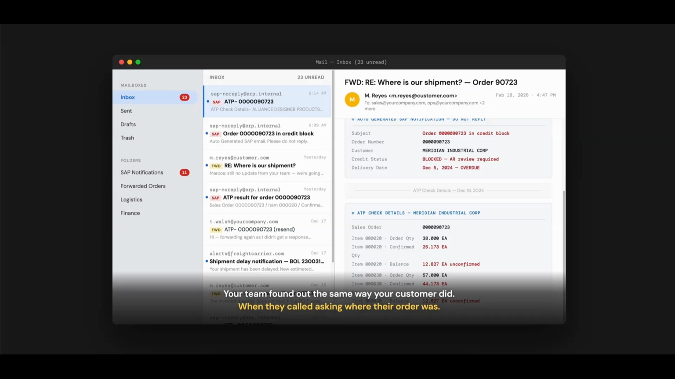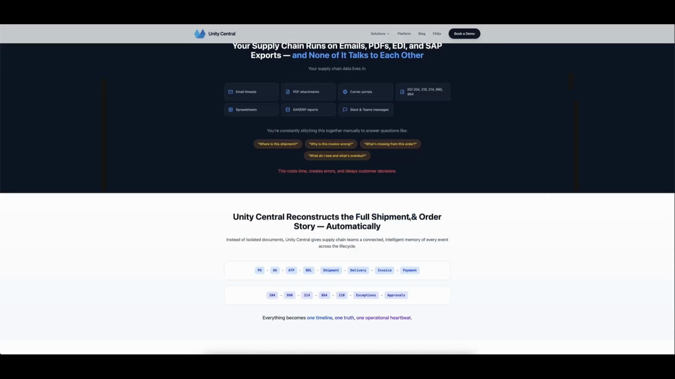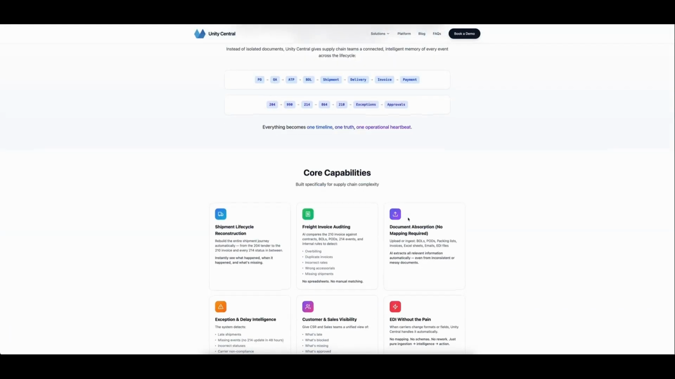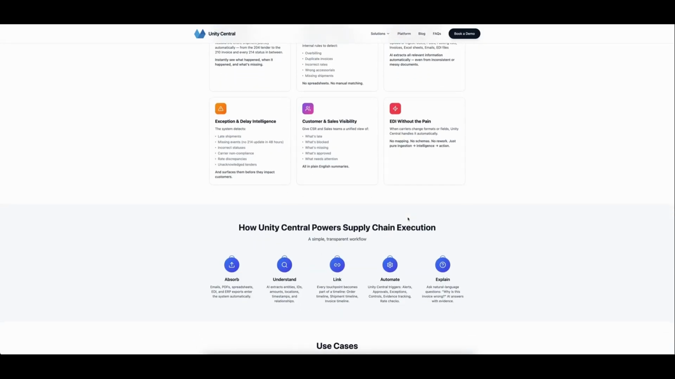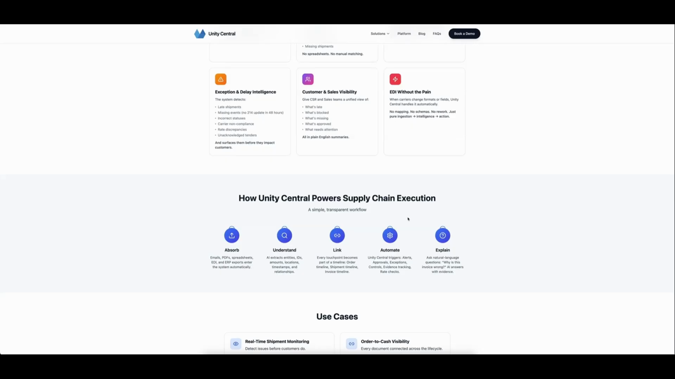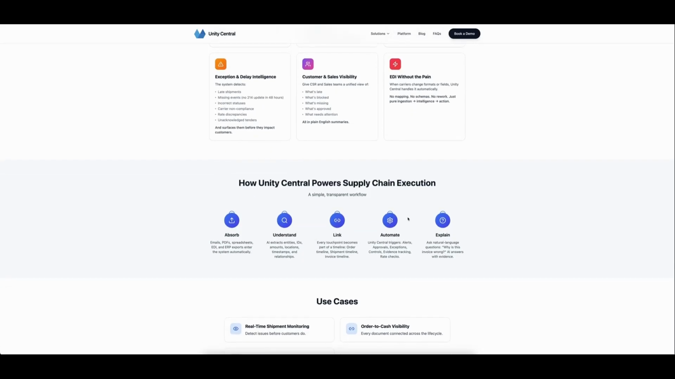It's in SAP. It's in logistics and finance systems. It's in Excel. It's buried in email threads. Unity Central collects, stores, and indexes all of it. Every document, every signal, every timestamp into a single connected chain for each order. It's a visibility and investigation layer with AI at its core, so your team can stop hunting for answers and